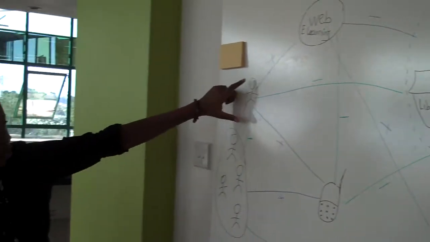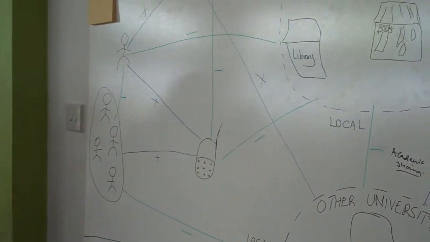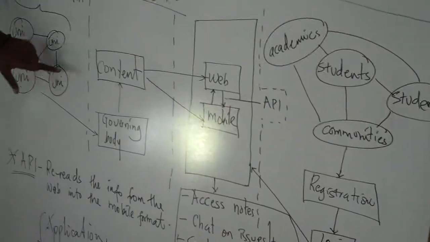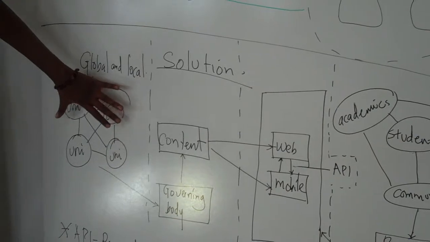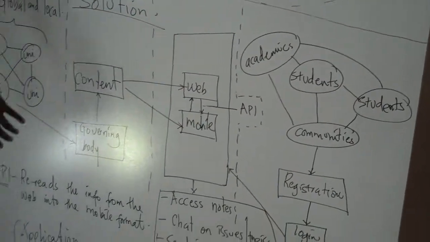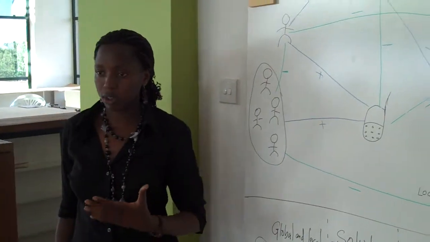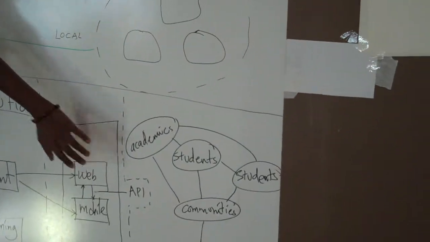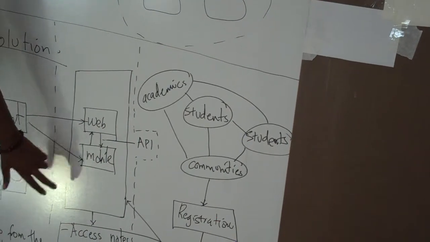So we had the negative of interaction, we had the negative of local universities, and so on. So we came up with the solution that we can have the local universities come together, and these local universities come up with content. These contents, they send down to a governing body. This governing body is going to come up with the final content, more like authenticate what has been brought in. This content is going to be sent into the web e-learning or the mobile, exactly what we wanted.